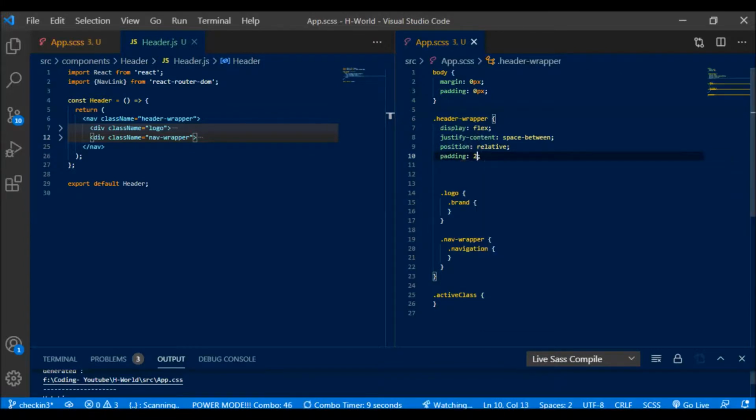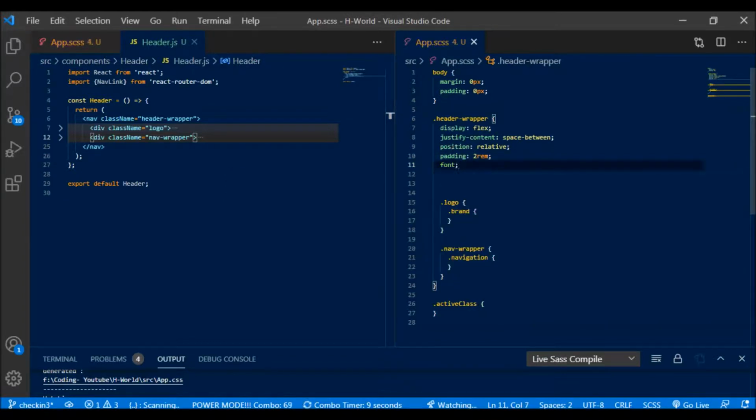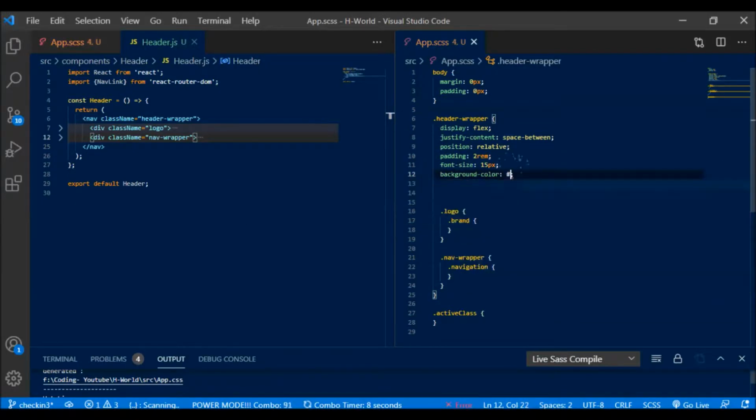For now I am giving 2 rem. If it does not look good, then we'll pull it down to 1 rem. Font size, I want to be 15 pixel, and background color, let's put as